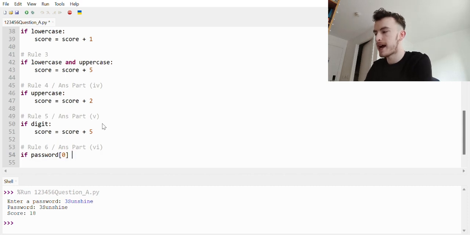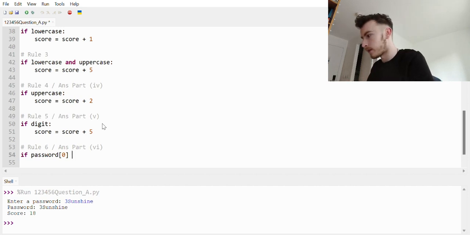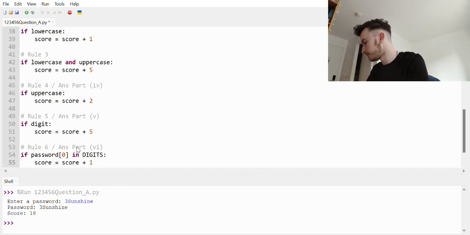0, so password 0 with those square brackets, that is going to get me the first character in the password string. Remembering that the first index in either a string or a list in Python is index 0, not index 1. Okay, so if password 0 is in digits, score is equal to score plus 1. Okay,